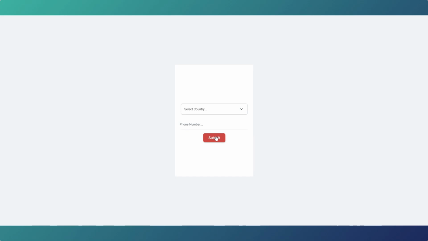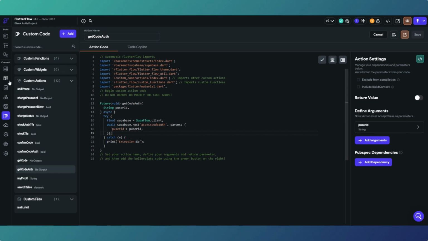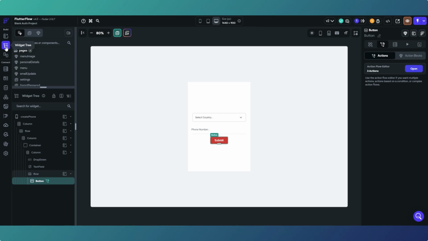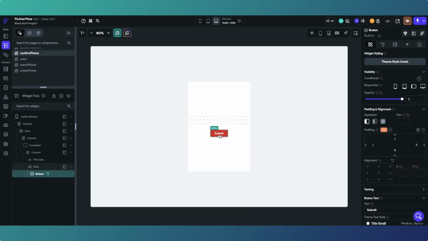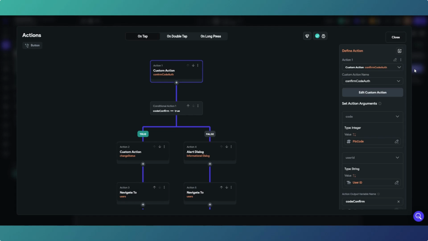And then obviously put in your phone number, click submit. And then that takes you to the confirm page. So essentially what will happen is you get your text message, type in your PIN code, click submit, and then our actions on here,